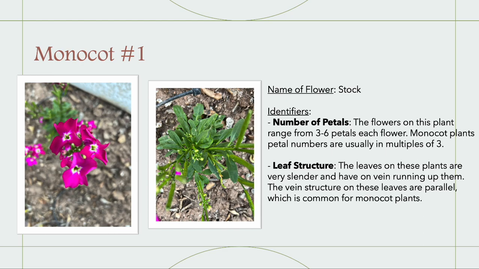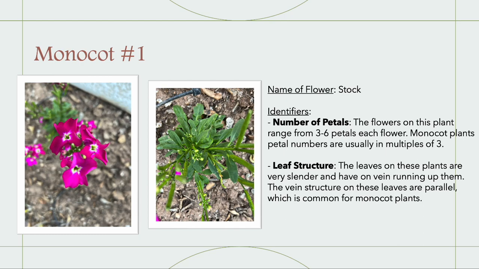As you can see, specifically looking at the picture on the left, this flower has about 3 to 6 petals. It's a little bit hard to see because the petals are kind of formed together, but the flower petals come in multiples of three, which is a very typical trait for a monocot plant. And then secondly, looking at the picture on the right, the leaf structure on these plants,